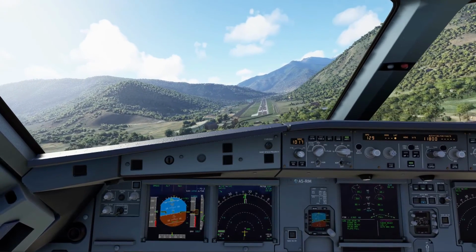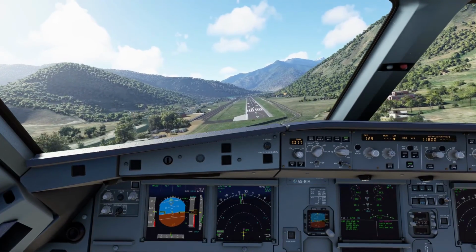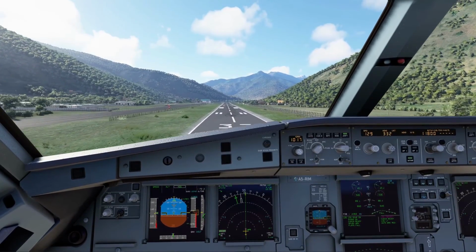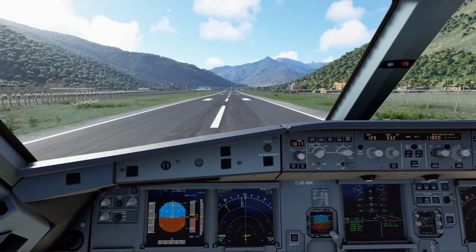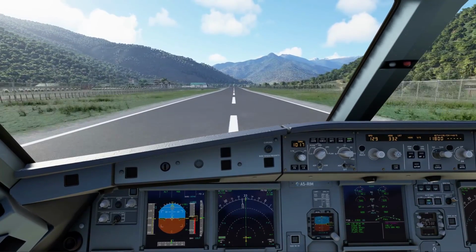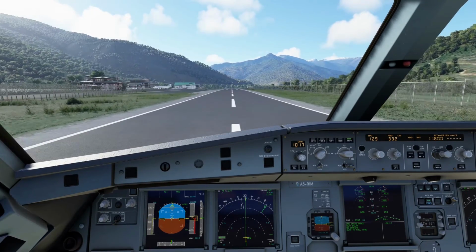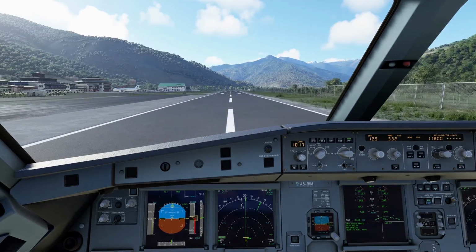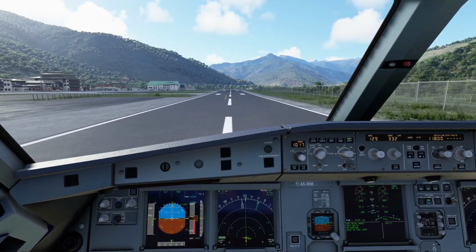200. 100. 50. 40. 30. 20. Retard. Bhutan Bravo Tango, November Tree 710, turn into taxiway.